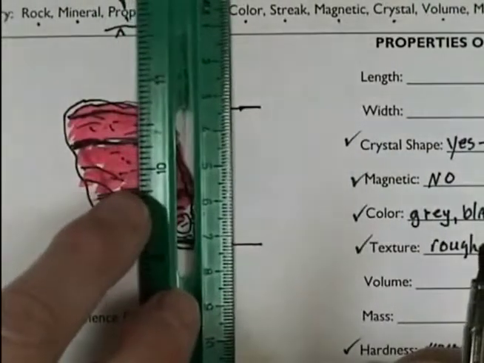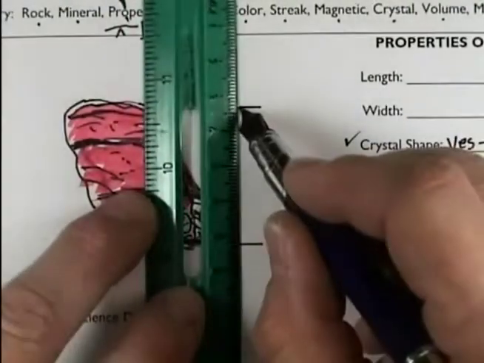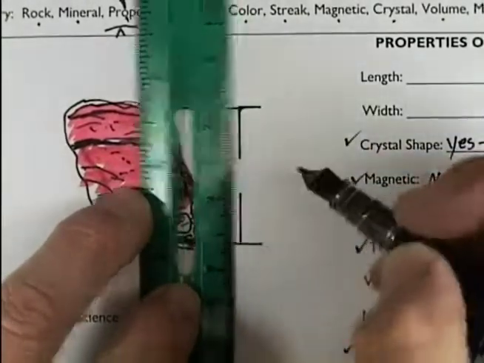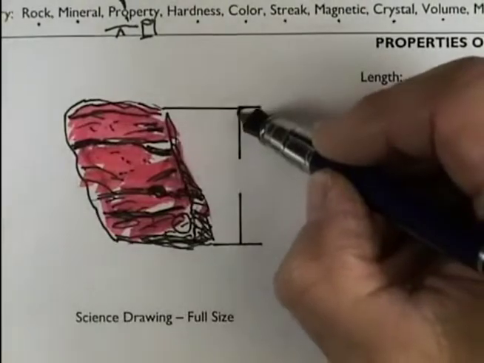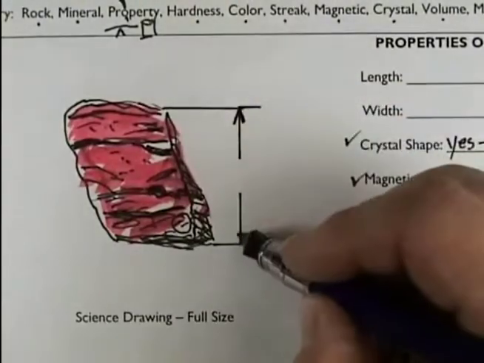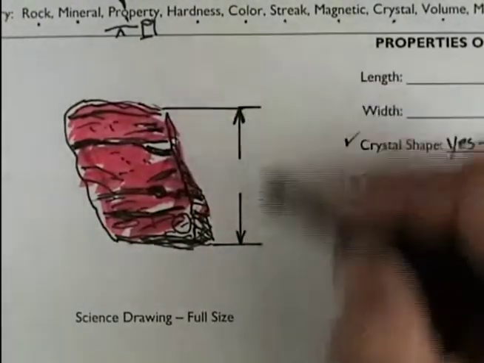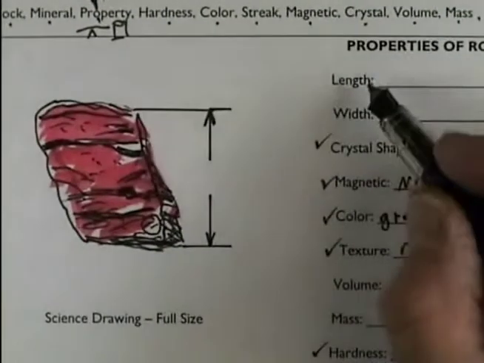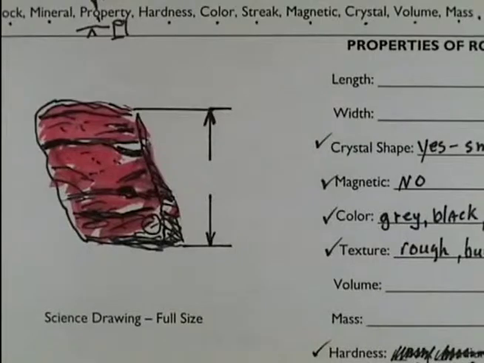So I'm going to put my ruler here, and I'm going to draw part of an arrow down and part of an arrow down. I'm going to put an arrow right here and right here. And this tells me the length. That's how long it is. We're looking up here at the length. So now all I need to do is measure that line. It makes it a lot easier than to measure